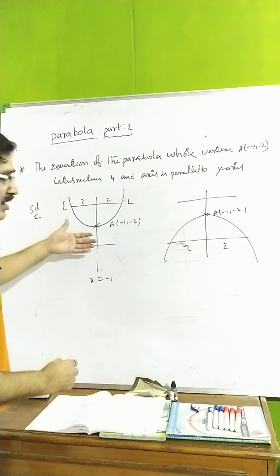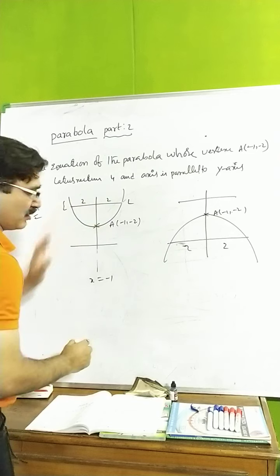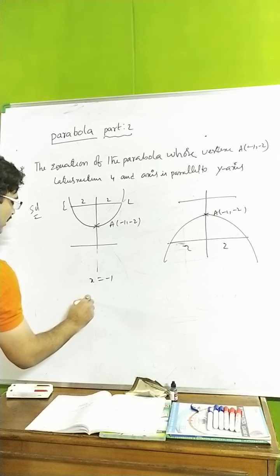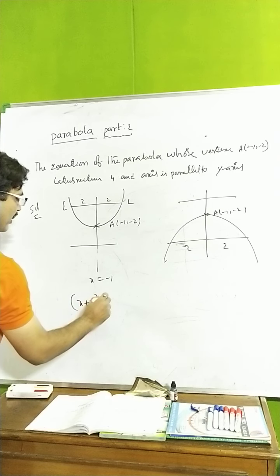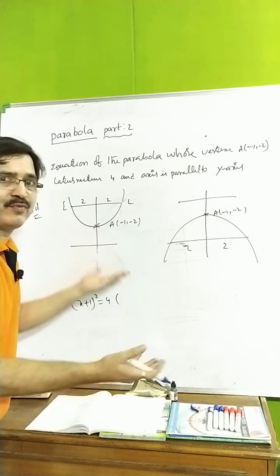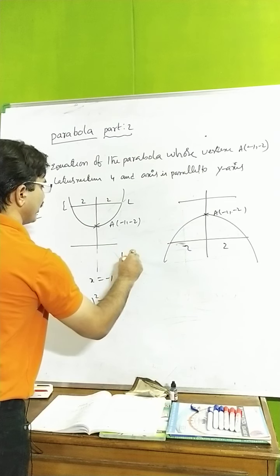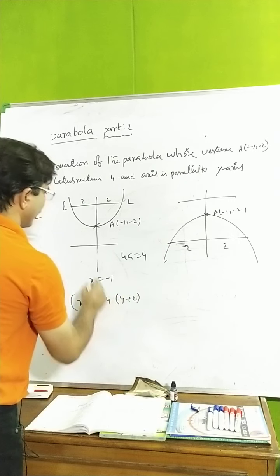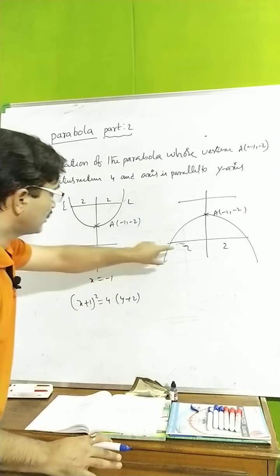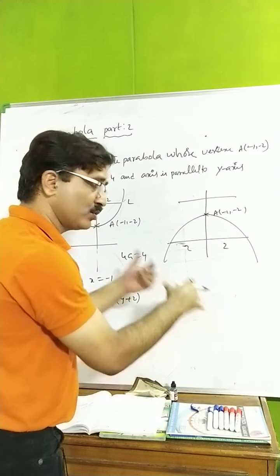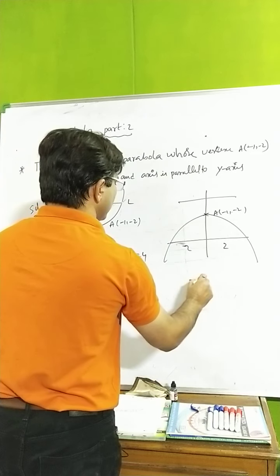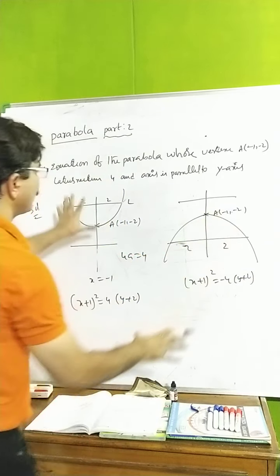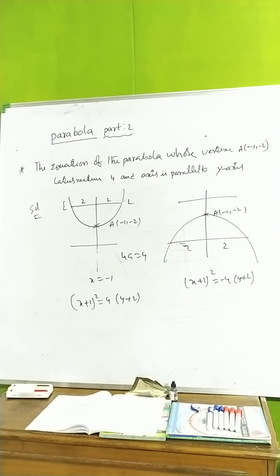You please identify that. So here vertex and latus rectum are given. If it is concave up, we know very well that (x plus 1) whole square is equal to 4 into a, and the latus rectum 4a is equal to 4 only, sir. He has given 4a is equal to 4. Need not worry. And here (y plus 2). We are getting the answer for this one. For the other one, he didn't say anything. One parabola, two options are there. You can write here, this is also correct: (x plus 1) whole square is equal to minus 4 into (y plus 2). Either this or this one is correct when the question is like that.